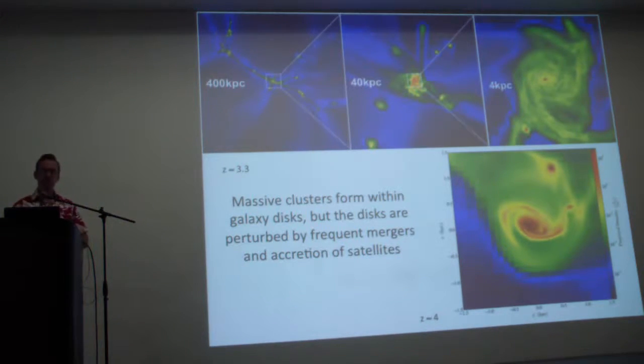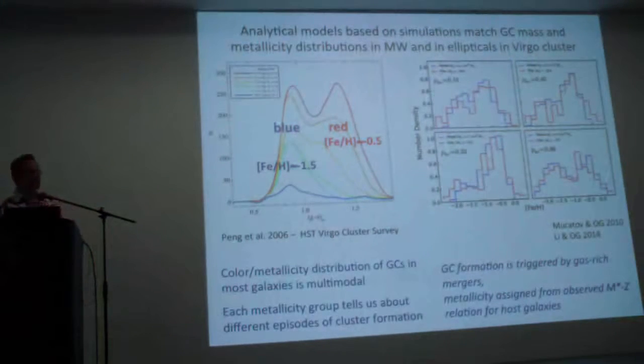So there's an interesting question: does this merging affect the shape of this mass function or the creation of massive star clusters? Do galaxy mergers promote formation of massive star clusters or not? And I think it's an interesting question. We've done a bunch of very simple analytical models before, showing that if you just make this assumption that in mergers of gas-rich galaxies you form massive star clusters that will become globular clusters, then you can produce the mass and metallicity distribution of globular clusters in many galaxies, spirals and ellipticals, with the color and metallicity mass distribution similar to what's observed.